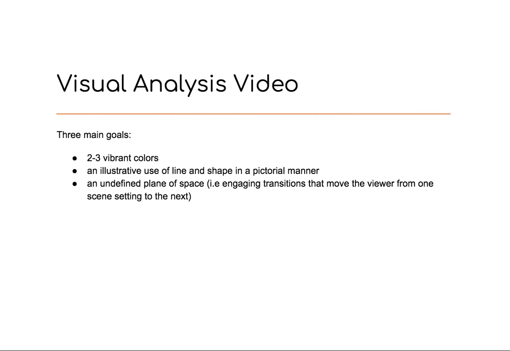Basically, before going into this project, I knew I had three main goals in the finished motion design. I wanted to use two or three different but vibrant, complementary colors. I wanted to have an illustrative use of line and shape. By that I mean I want to incorporate illustrations as well as text, but definitely focus on how I can use pictures to describe what's going on rather than just slapping some text in there. And specifically, I want to use line, shape, and negative space, and see how they can all interact with each